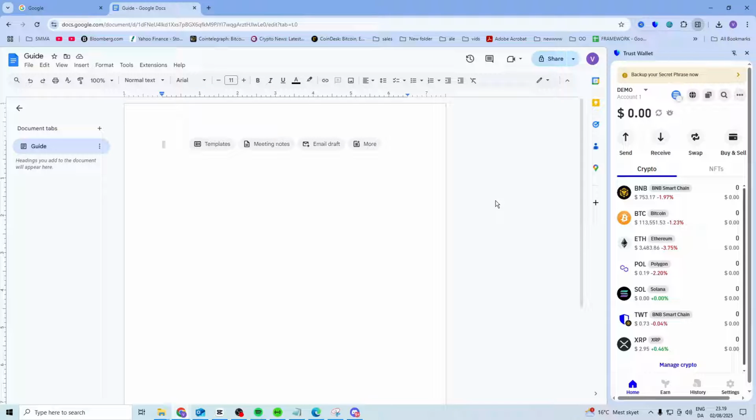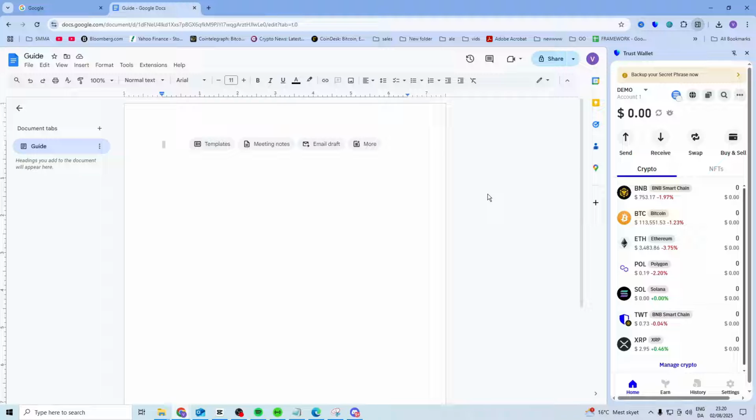In this video, I want to talk about how you can create an account in Trust Wallet. Now you can use the Chrome extension or you can use your mobile device and download the app. Both work the same. Now it's really easy. Once you've gotten the extension or the app, what you want to do is click on create